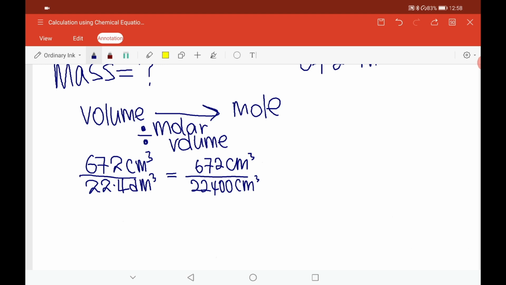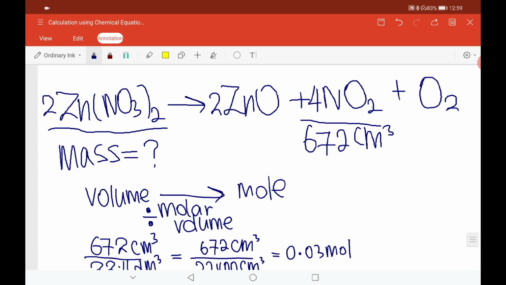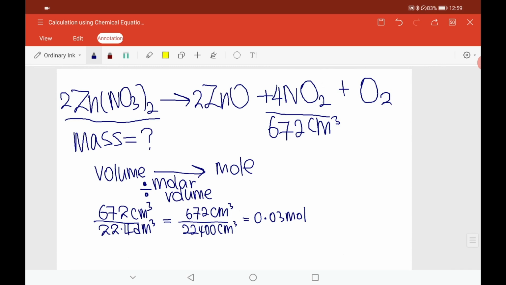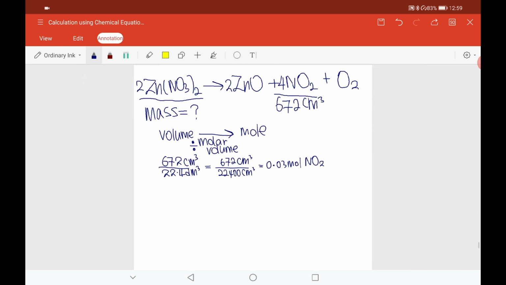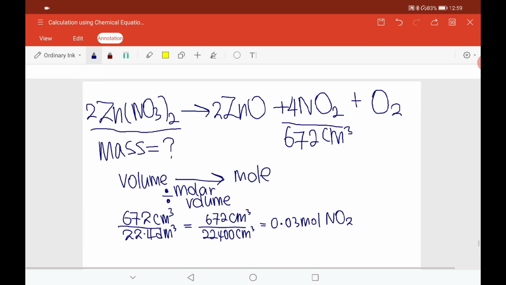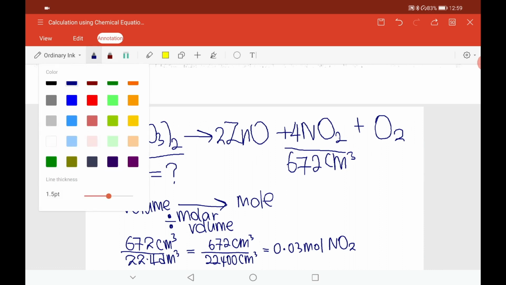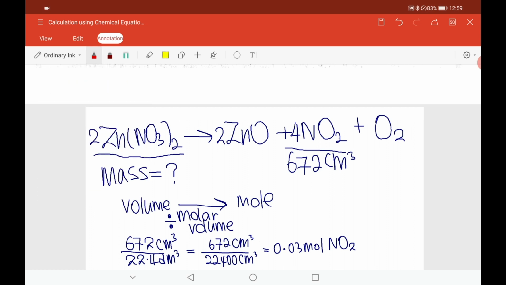So the next thing is you key into the calculator, then you will get the mole ready. So the mole is 0.03. Now we get the mole ready. This mole that we get refers to the nitrogen dioxide. So the 0.03 mole is for nitrogen dioxide, NO2. The mole that we have is for NO2, but we need to find the mole of another substance,